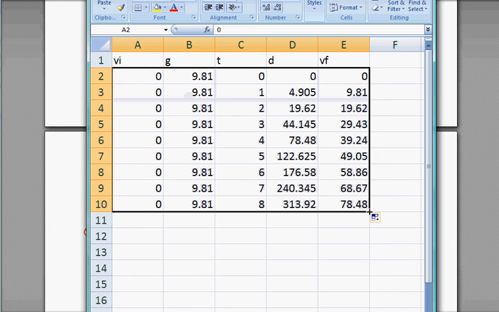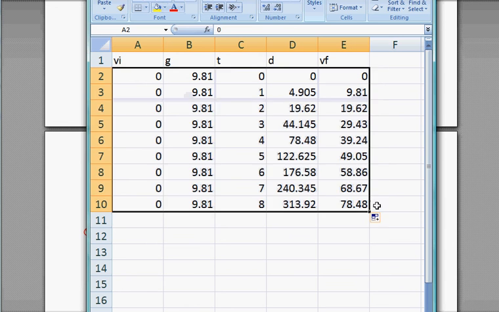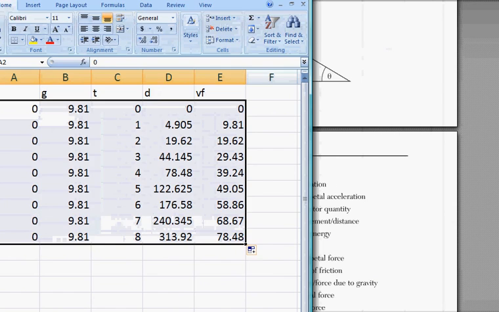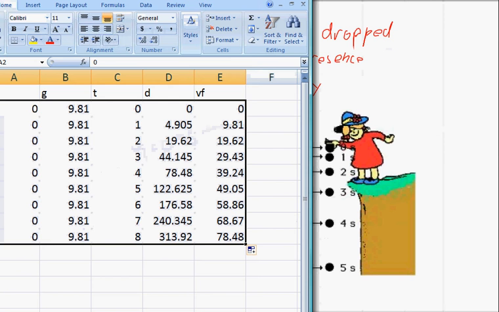So if I just click on this corner down here, I can pull it up and pull it down. And there you go. It does all the math for me. Once I've got my formulas in correctly, I don't have to do anything crazy. And you can see when we go back and look at this particular one, we'll